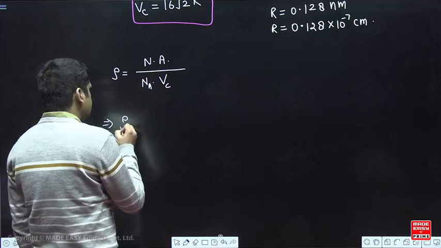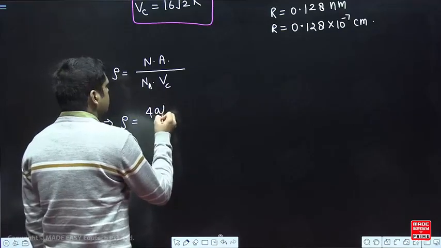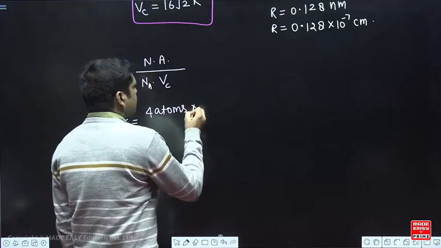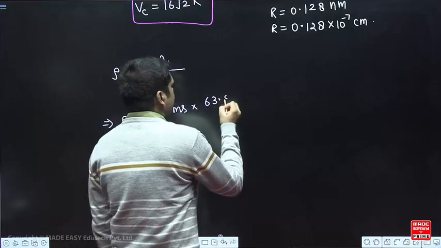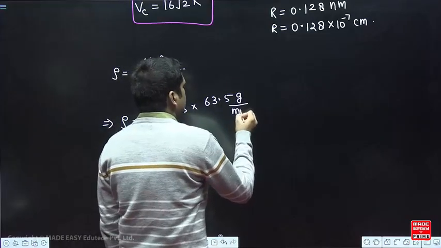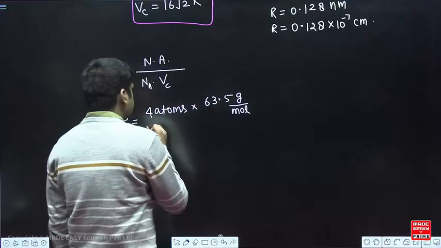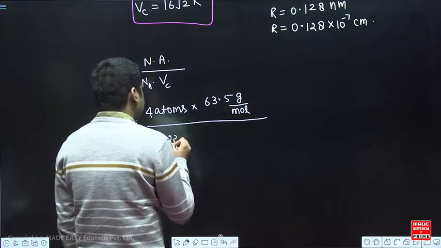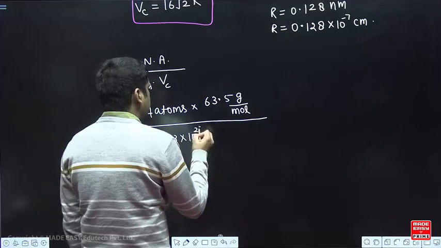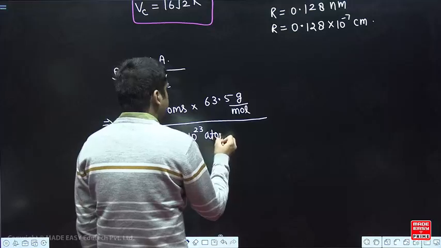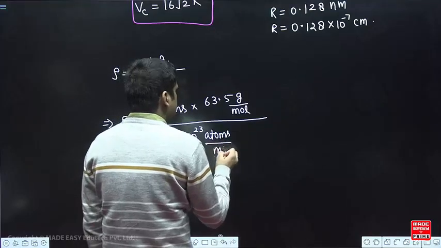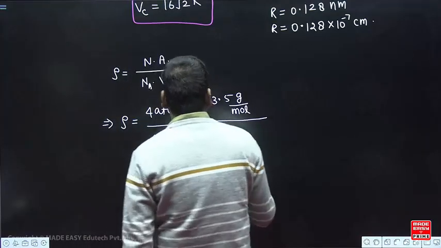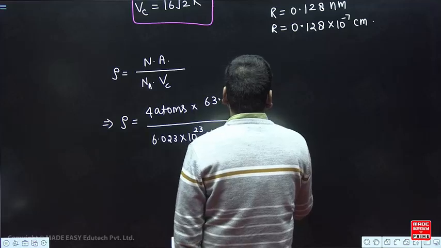Rho is 4 atoms. A is 63.5 gram per mole. Na is 6.023 into 10 to the power 23 atoms per mole, and this should be multiplied by Vc,